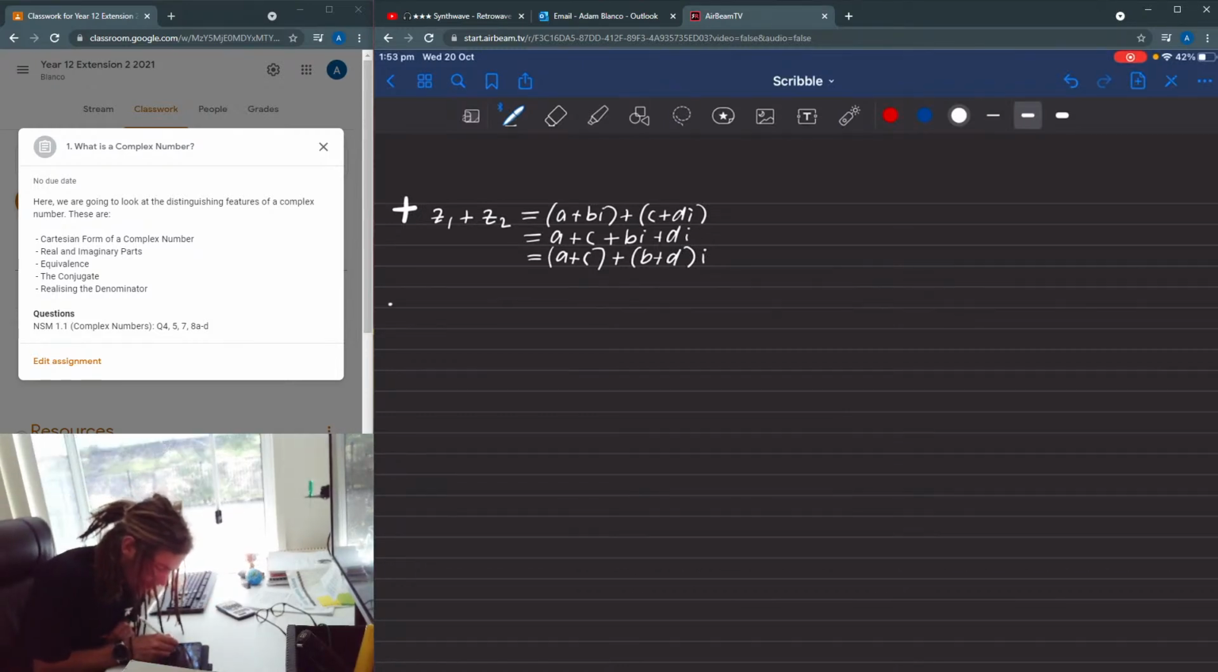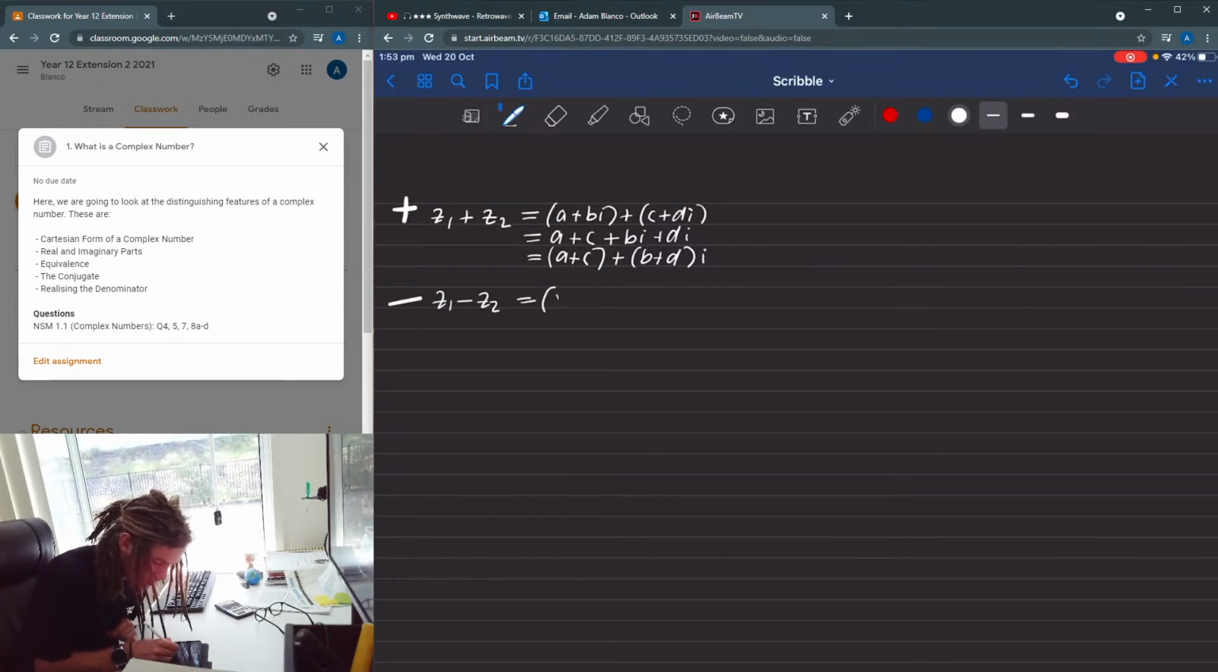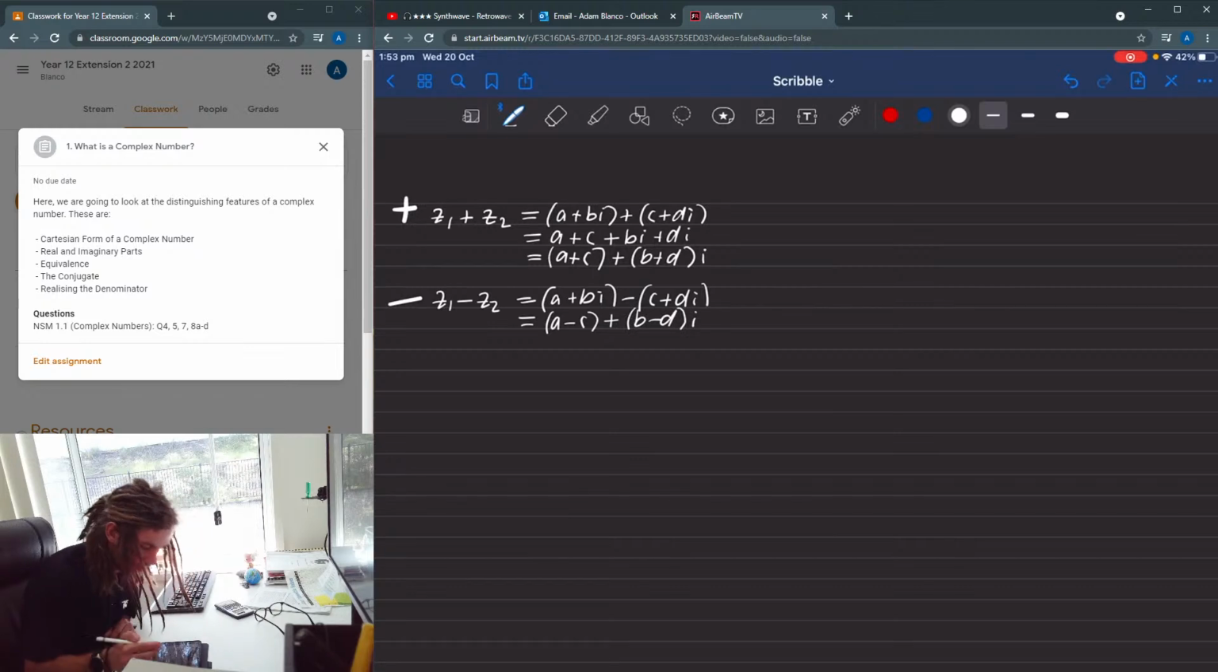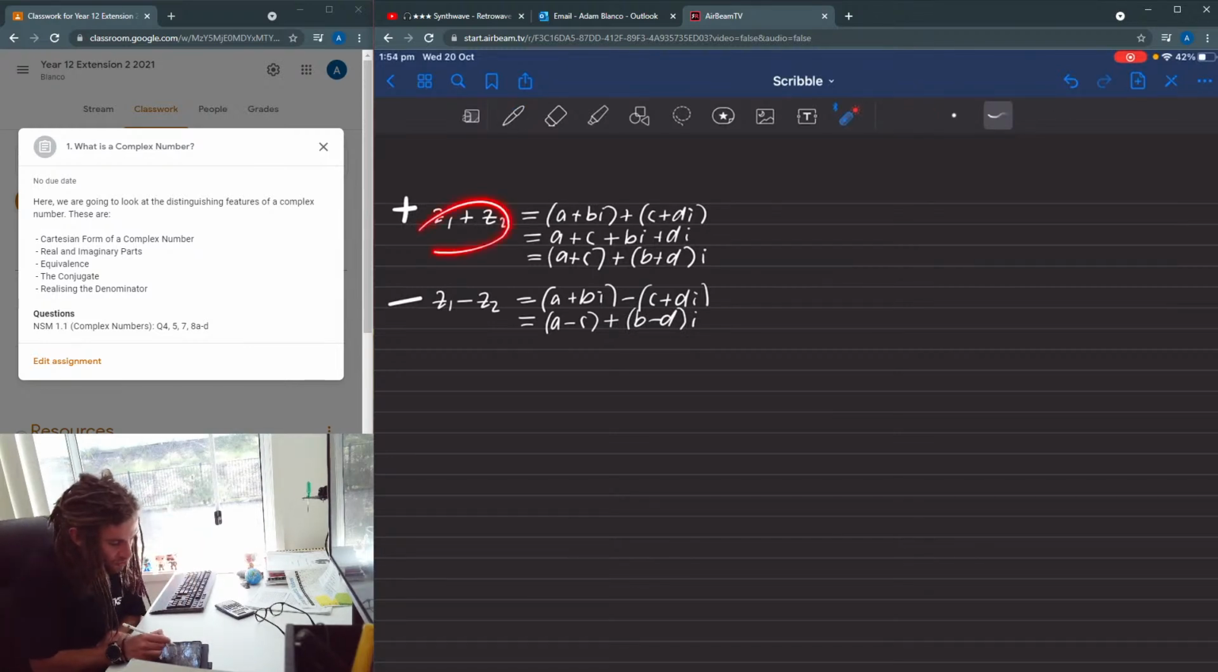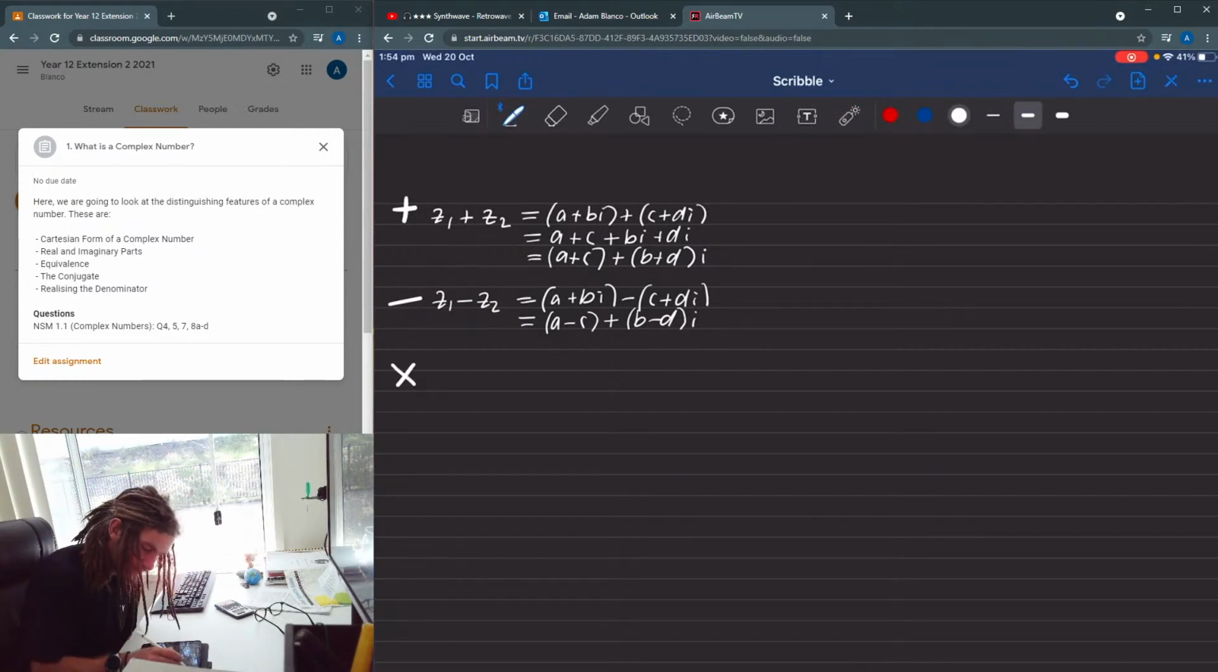And so then if I do take away, same thing, Z1 minus Z2, just write them in brackets, A plus BI minus C plus DI. Okay, so then that just becomes A minus C and B minus DI. So really, if you're just adding two complex numbers, just add up their real and imaginary components, and then you should be fine. If we're timesing, so if I've got Z1 times Z2, I'll move that up,